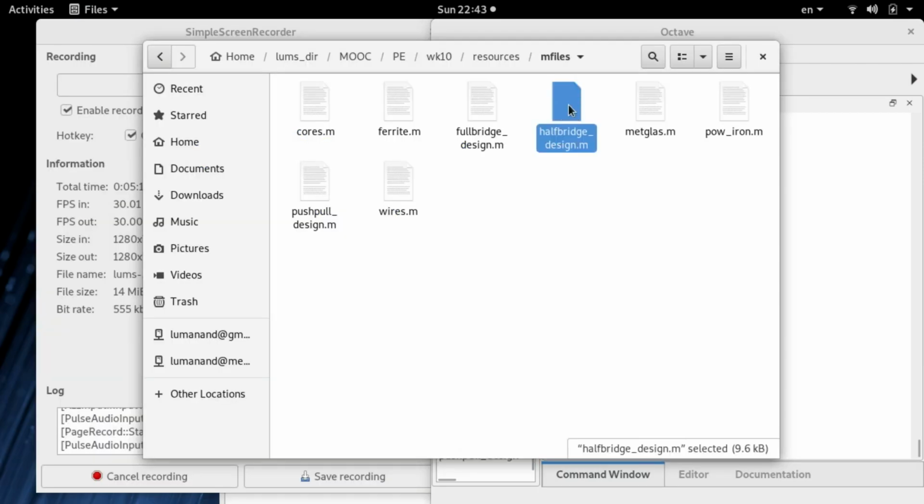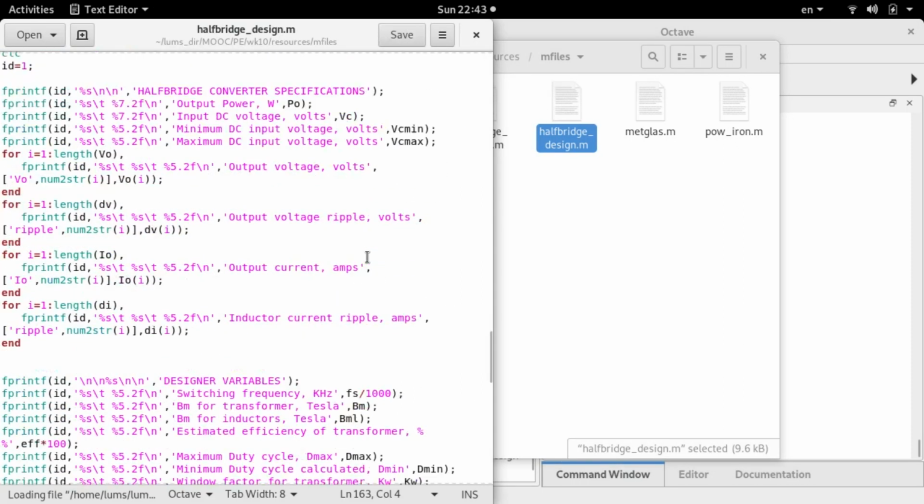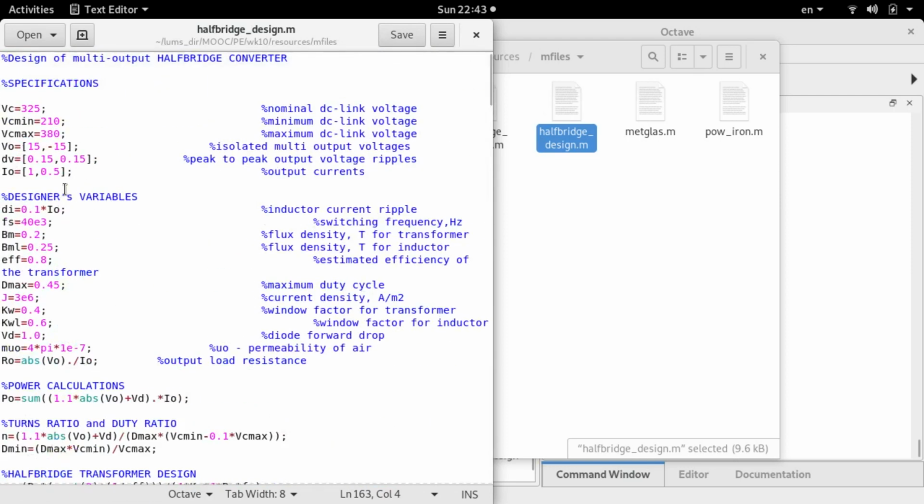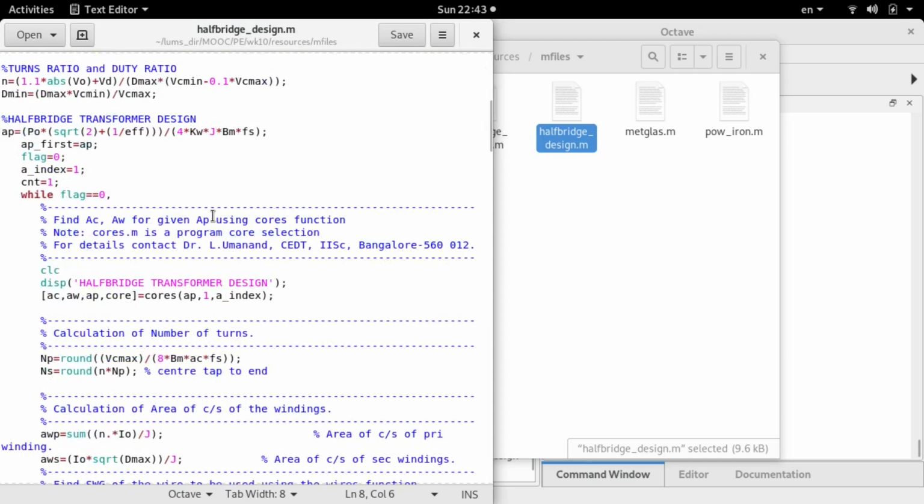Likewise, I have the half-bridge design M file. You can look into that also. I have kept the same specifications so that you can compare. I have slightly changed the output specs, but otherwise I have essentially kept the same specification.